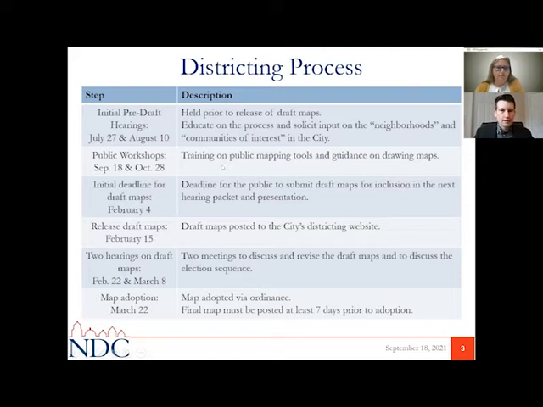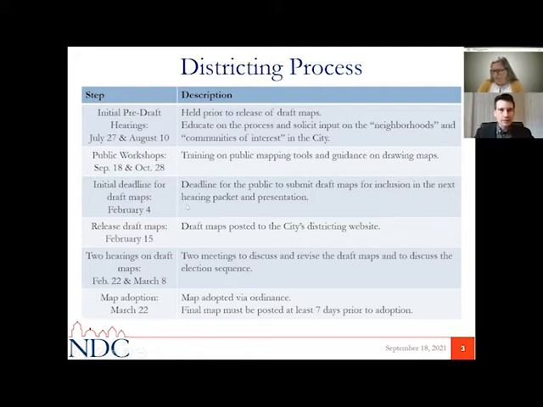These are designed to provide training on public mapping tools and guidance on drawing maps. Members of the public will have the opportunity to submit their own draft maps. Many already have, and there's still time to do so. In fact, you have all the way until February 4th to submit draft maps. And that is the cutoff date